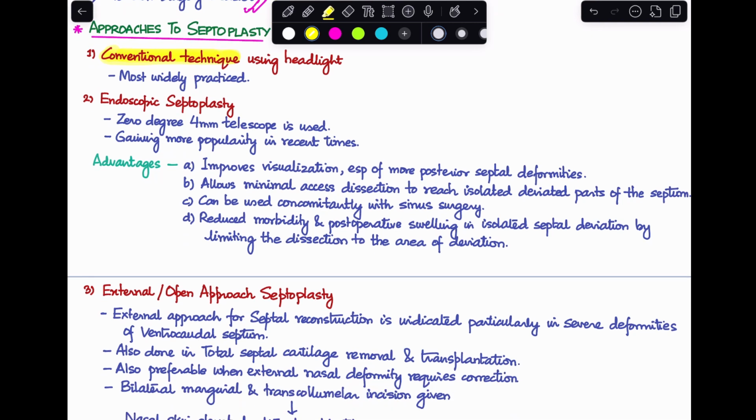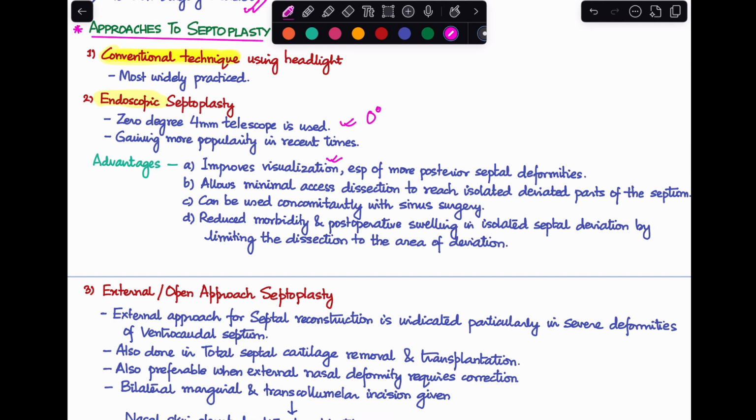But something that has been gaining more popularity recently is doing an endoscopic septoplasty. And in endoscopic septoplasty, we use a 0-degree 4-millimeter telescope. And this has been gaining a lot of popularity recently because it gives you certain advantages. Now, the advantages are, first of all, improved visualization because you're using the endoscope. You're able to visualize the whole nasal cavity much more easily than when you use a headlight